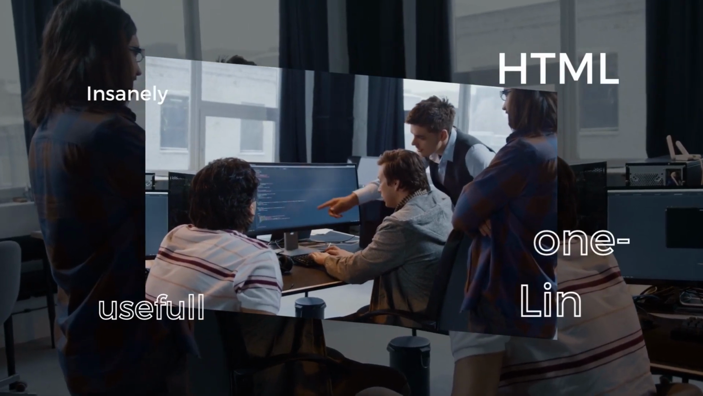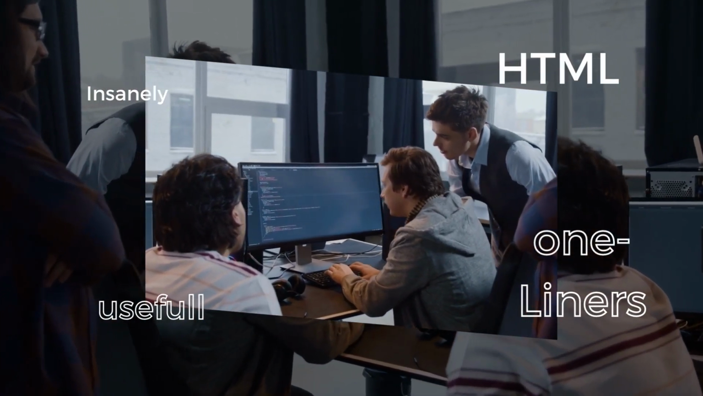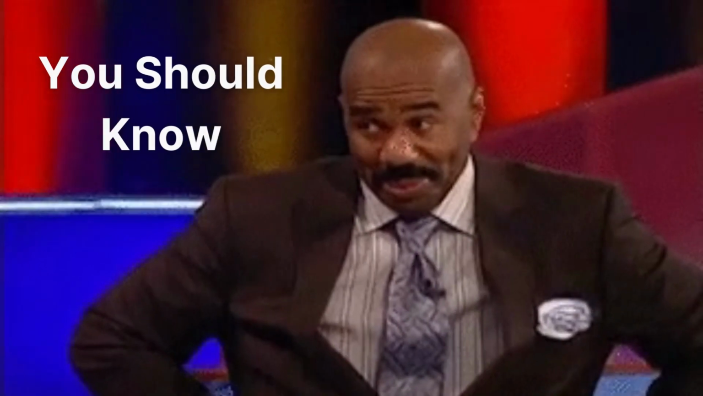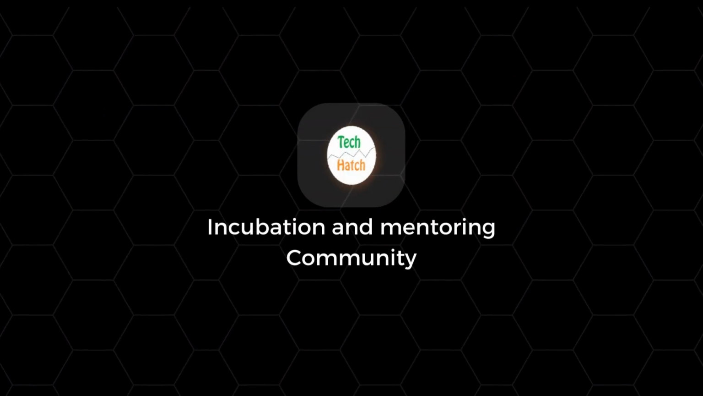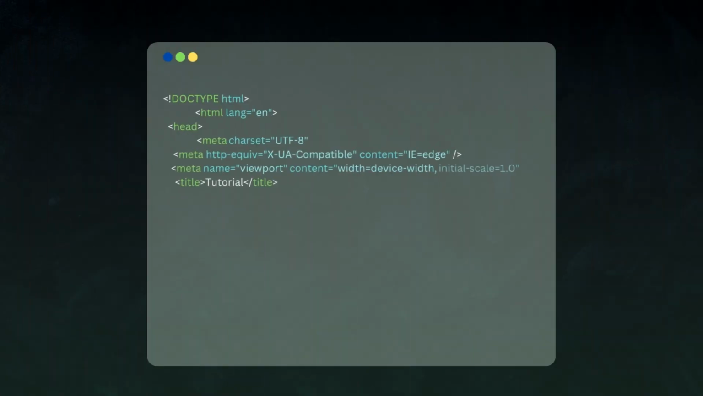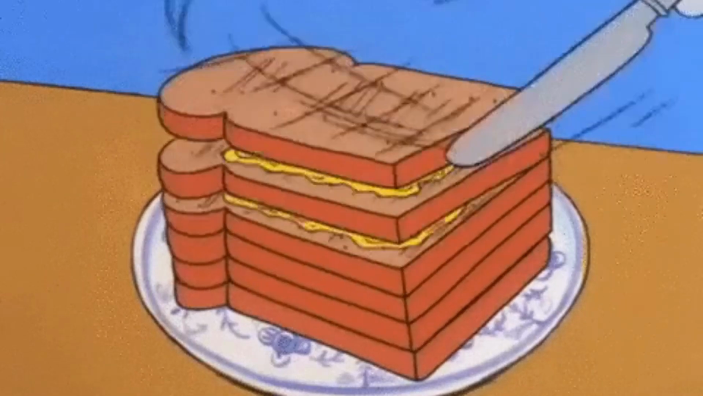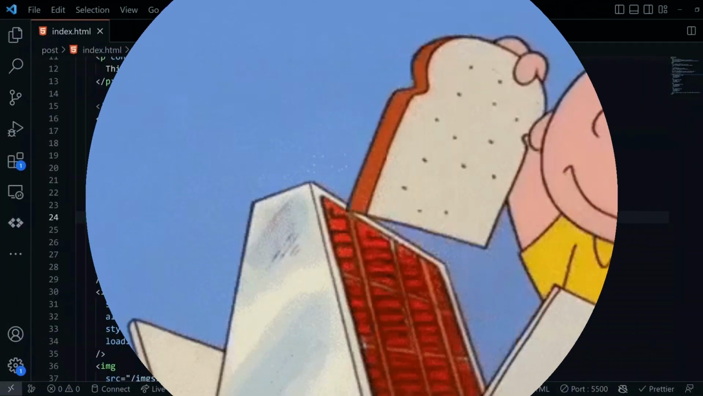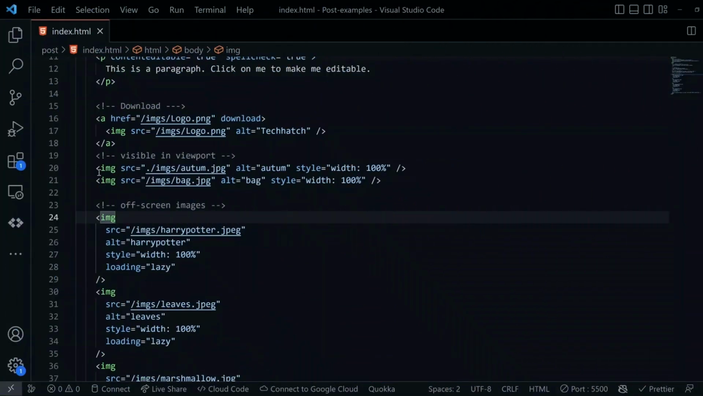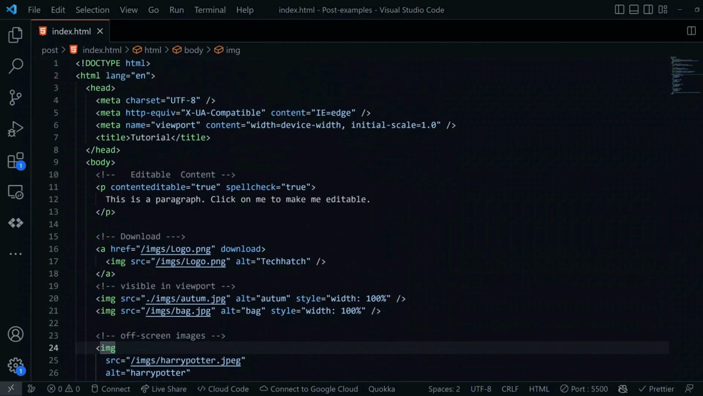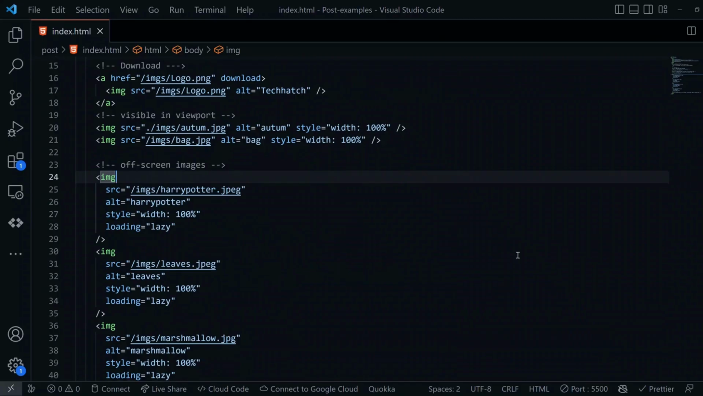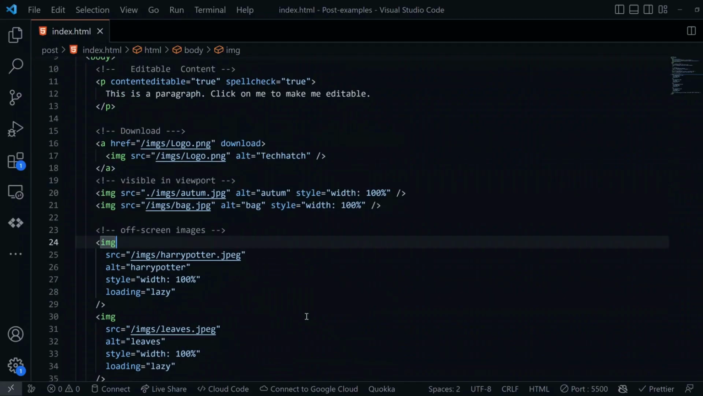In today's video, we are going to talk about some insanely useful HTML one-liners you should know. As we all know, HTML and CSS are the bread and butter of the front-end development world. But the sad fact is that people frequently underestimate the amount of work you can do with just an old HTML file. Even while having a strong foundation in CSS and JavaScript is essential to build gorgeous websites,